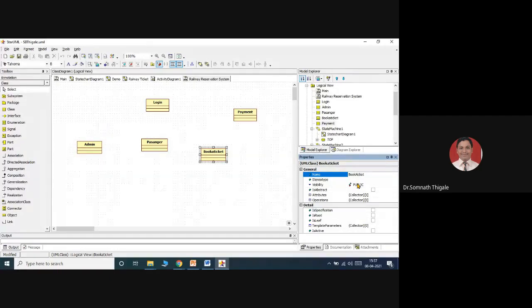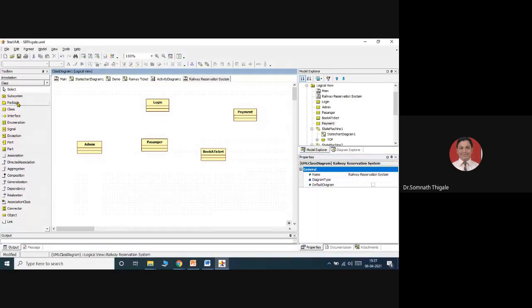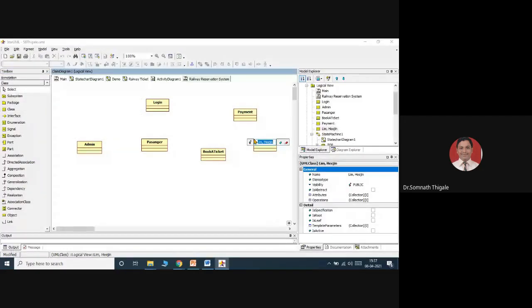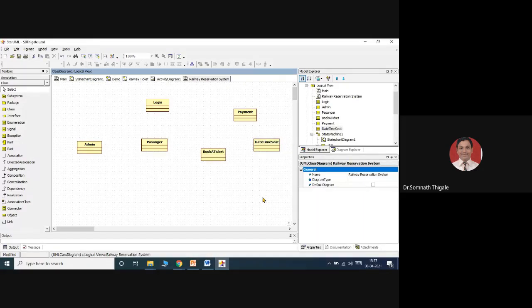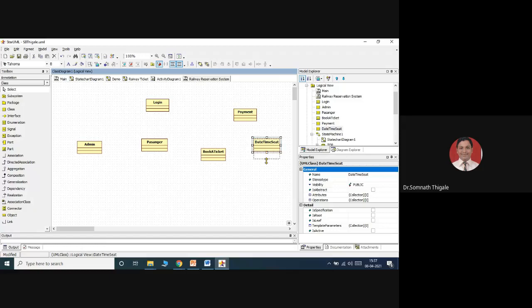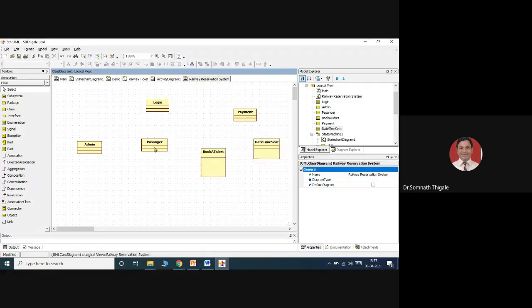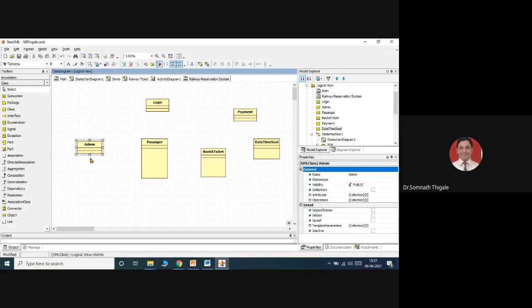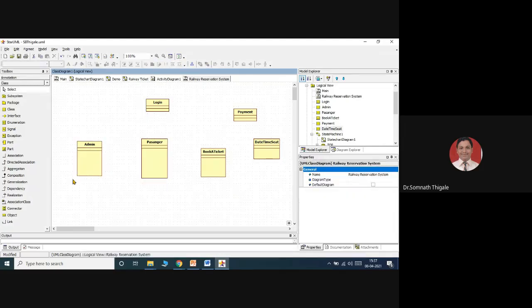Book a ticket, then payment. I'll add one more class just for understanding, and that class will be responsible for date, then time and seat availability. So just simply consider this part and we'll show the relationship.